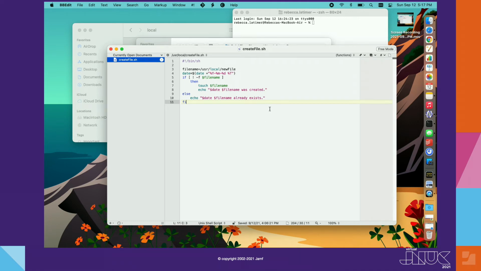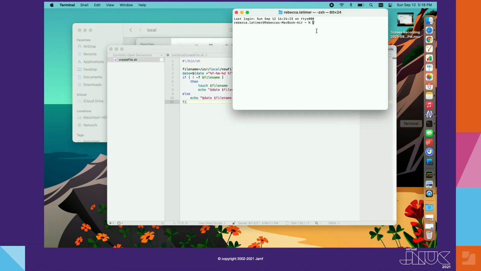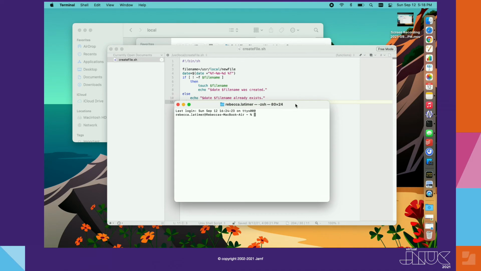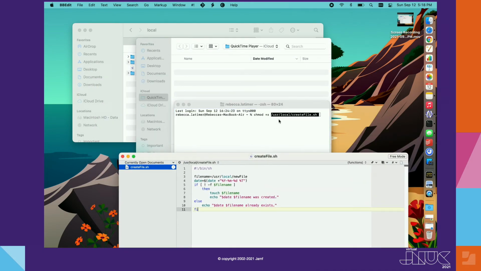So this is my script. I've saved this in the user local folder, and I've done that because I'm going to be using a launch daemon, and the launch daemon runs as root. So this is a folder that's accessible by root, and this is just a nice place to put scripts generally. So now that I've created my script, what I want to do is make sure that the permissions are set on it correctly. And by that, I mainly mean that it needs to be executable. So what we'll do is I'm going to open up terminal, and I'm just going to do chmod plus x, and I'm just going to drag this file name into there.